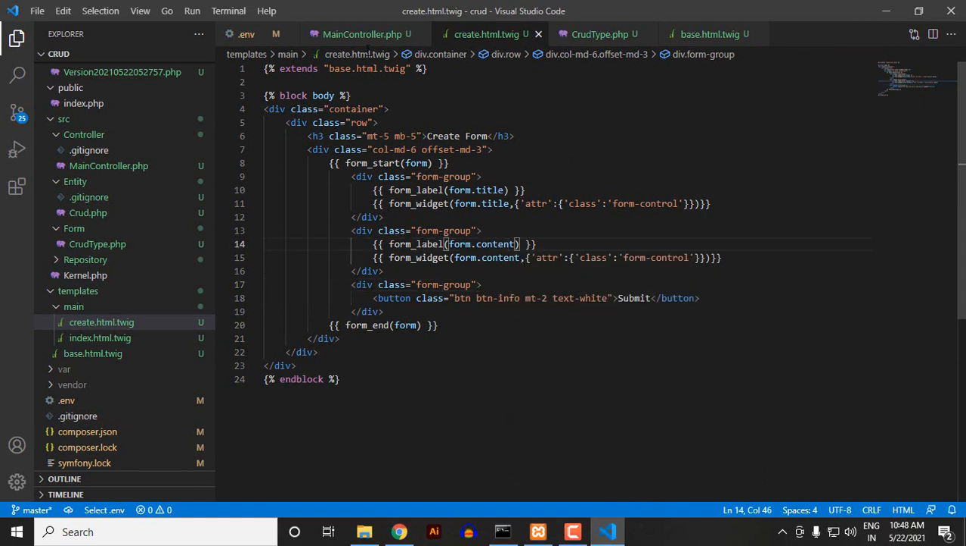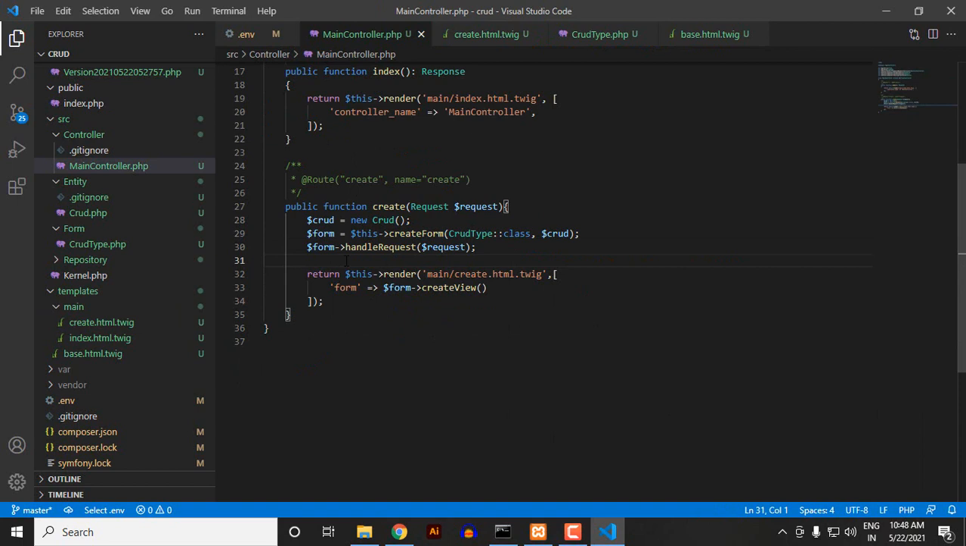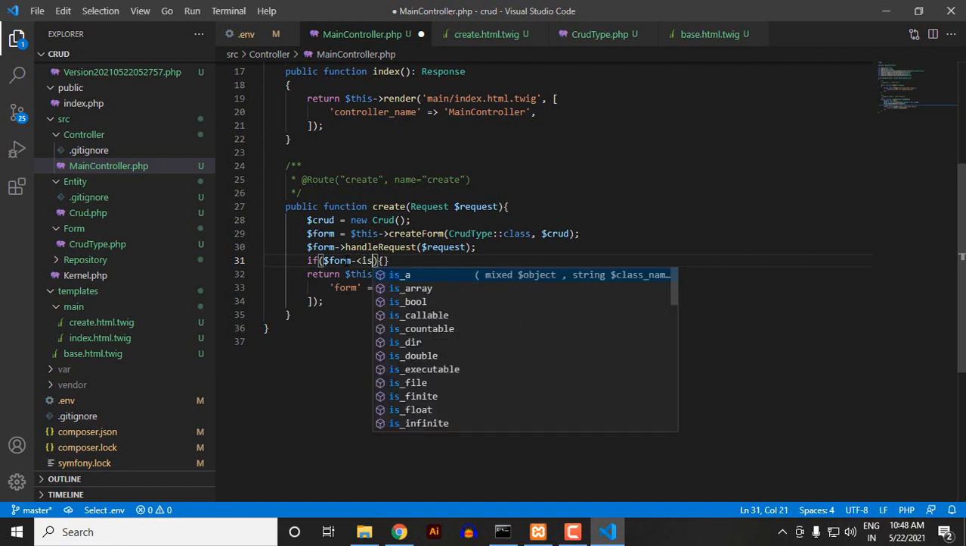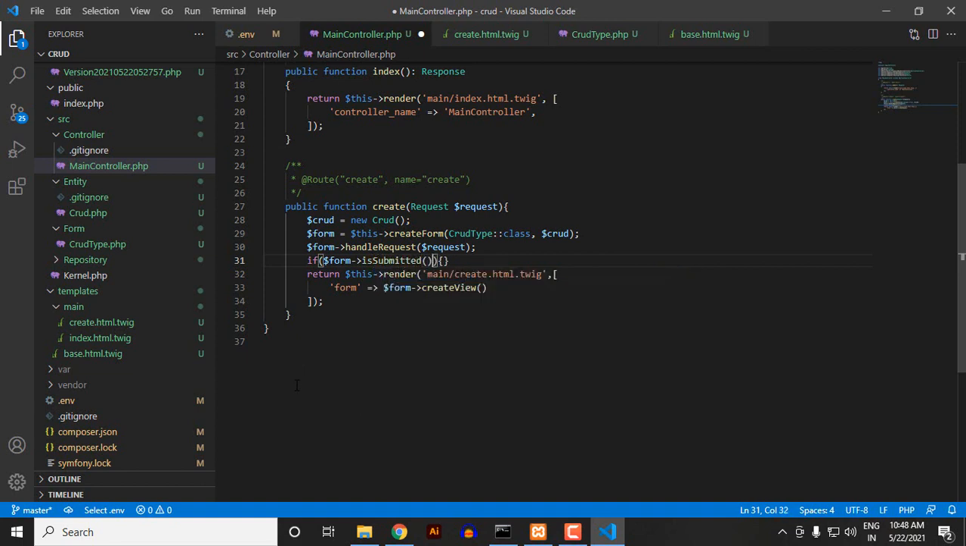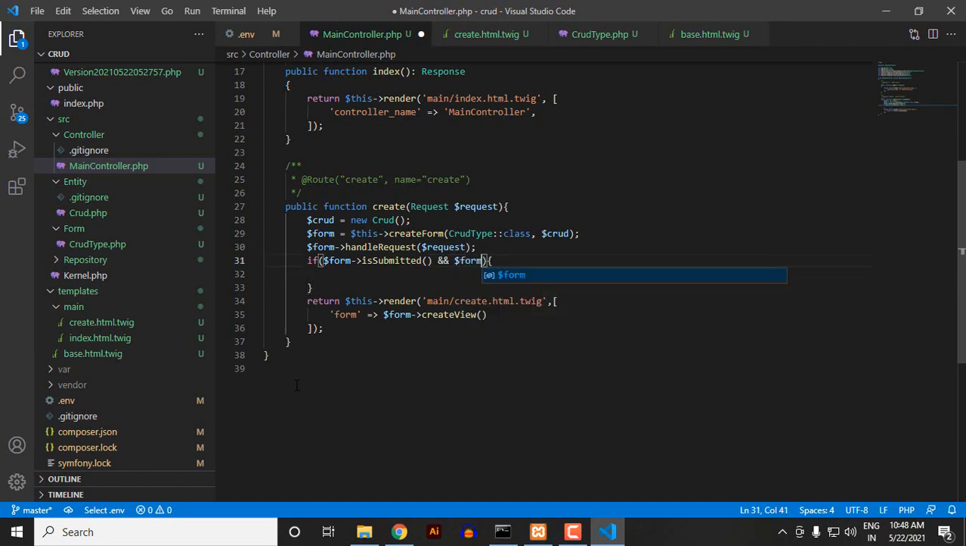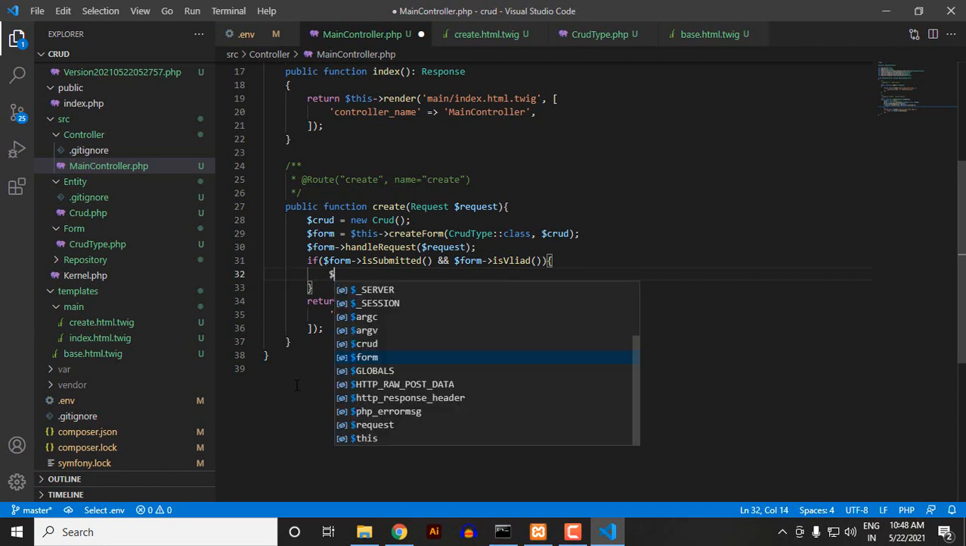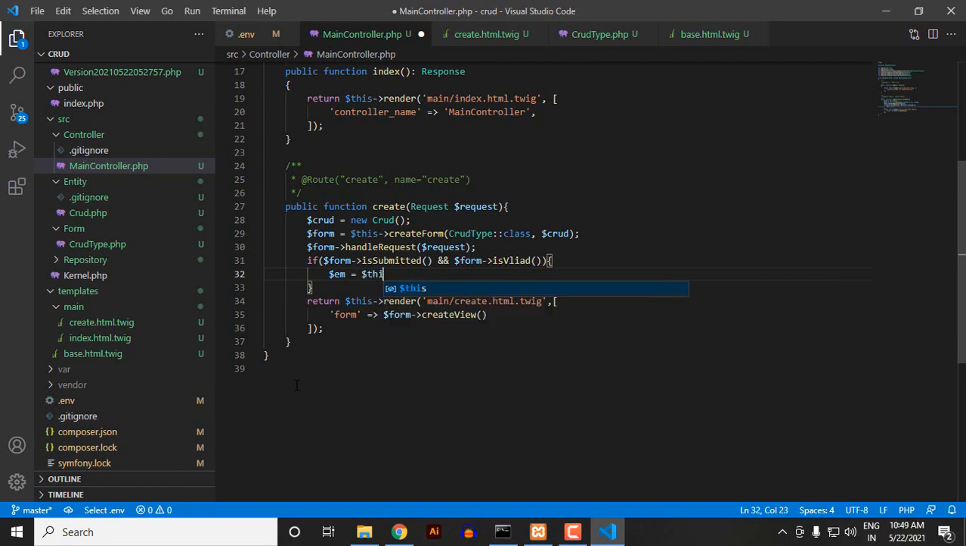So for that, if the form is submitted, and the form is valid, so if there is no issue with the form, we need to do a form operation, which is basically putting it inside the database. Persisting inside the database. We need to persist. em equals to this get doctrine